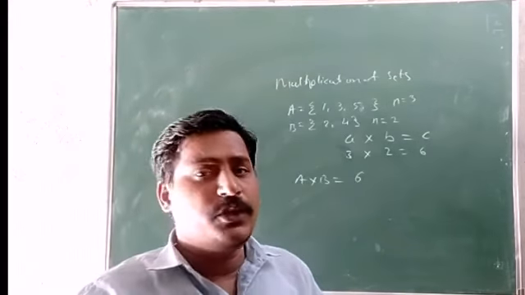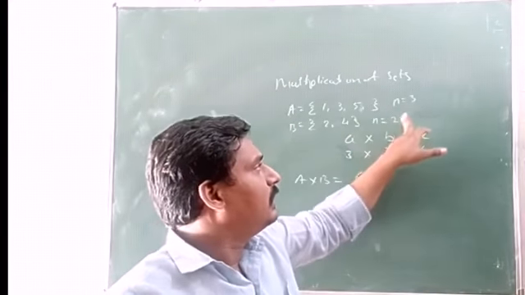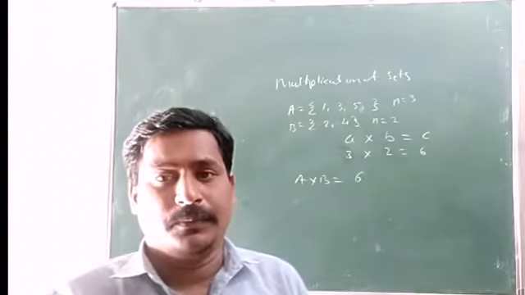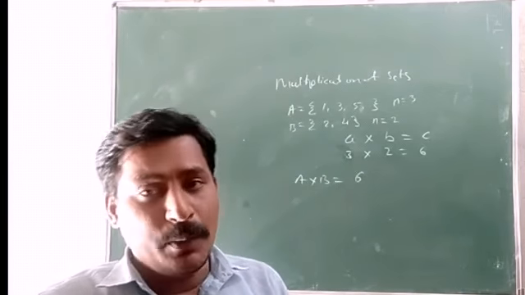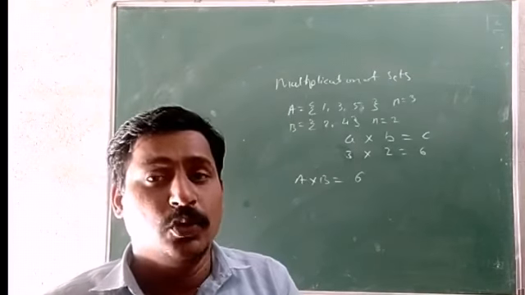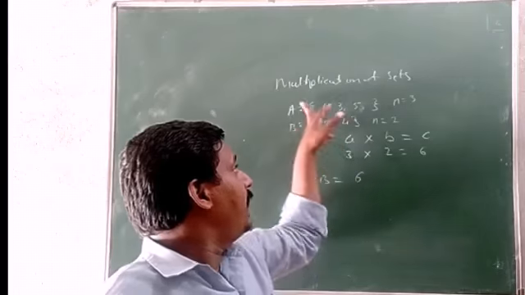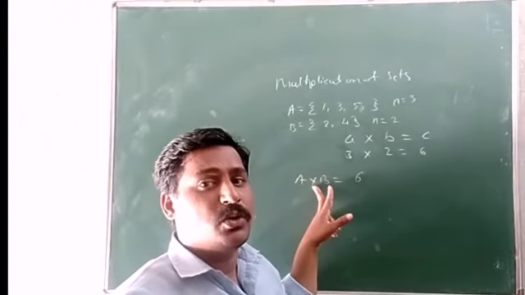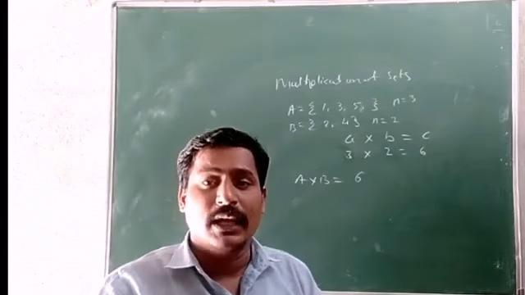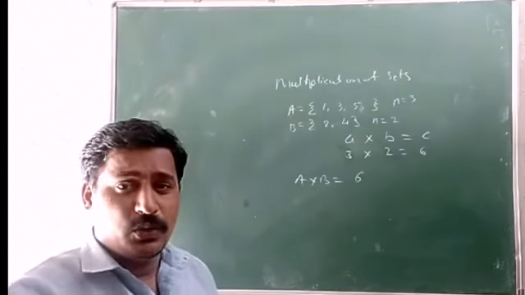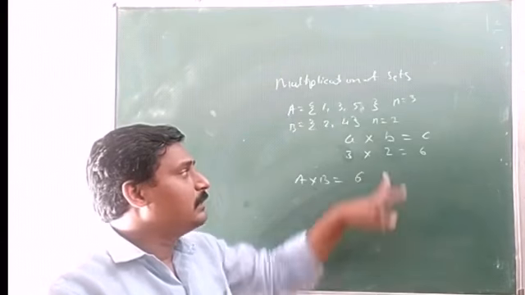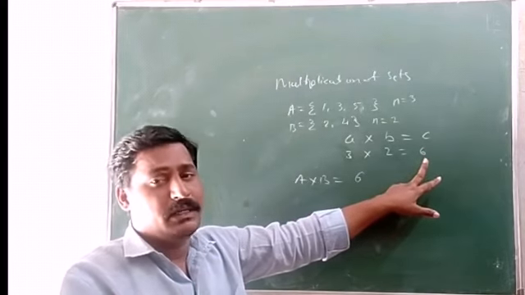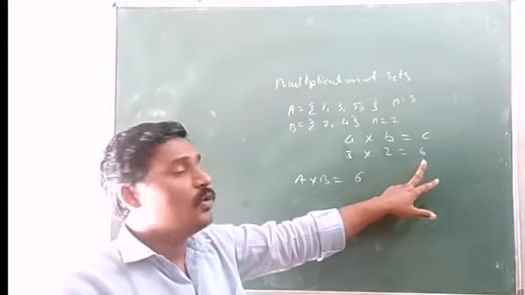So here we don't multiply the elements, we just multiply the number of objects. So to get to know how many objects will be there when we multiply two sets, A into B, that is 3 into 2, is equal to 6, means in the A into B set we have a total of 6 objects. How do they appear? When we multiply two sets, it is multiplied to get to know how many objects will come. Okay, so how do we multiply here?